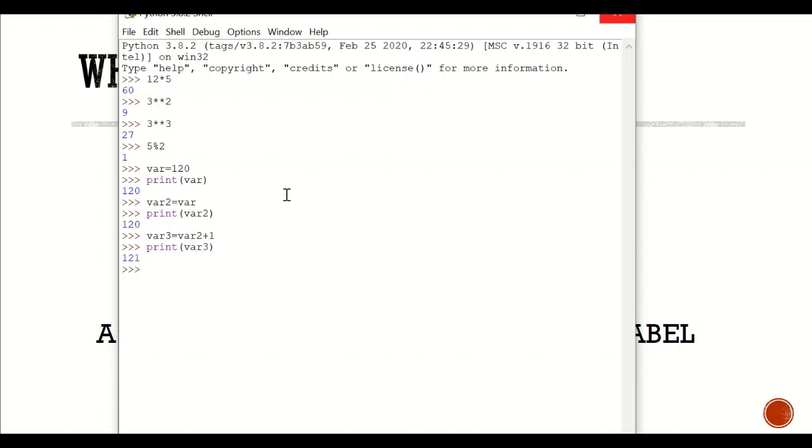And likewise, I can do any mathematical operation in it. I can also assign the value of a string or words to a variable. And if I print,